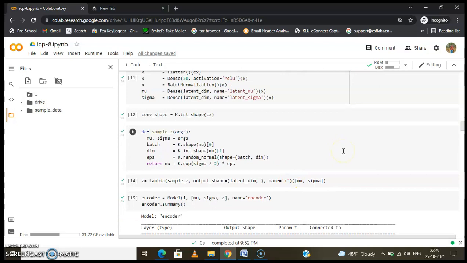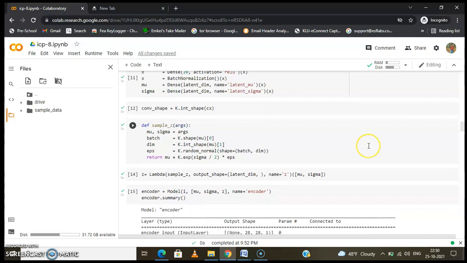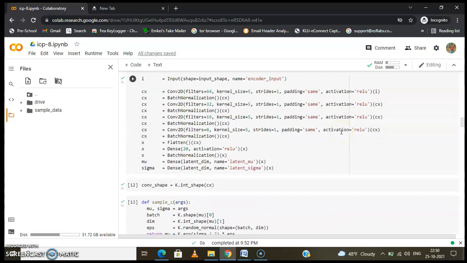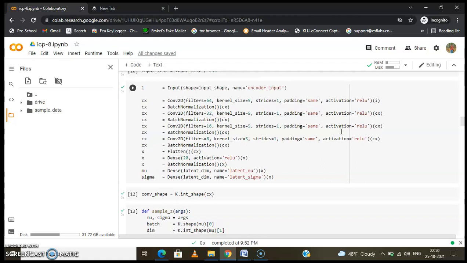The size of the image was not intact, it was coming out below what we were expecting. So we put the kernel size equal to 3, and the filters equal to 32 and 64, as you can see.